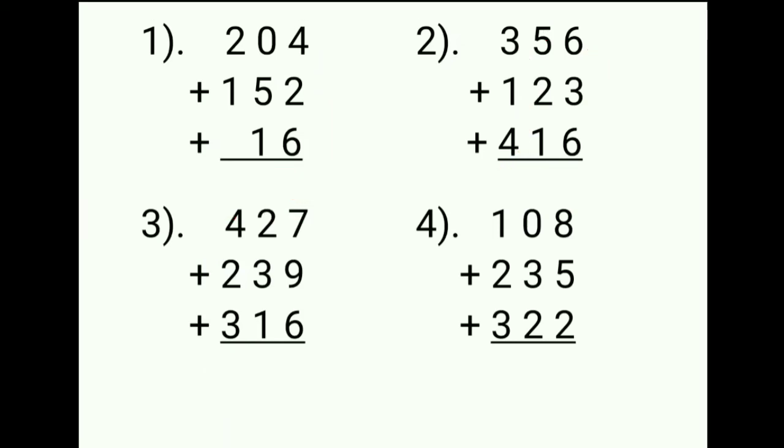Now our fourth sum. 8 plus 5 is equal to 13. Right? Now put that 13 and fix it in your mind. Then 13 plus 2 is equal to 15. Now we will put the digit which comes in ones down and 1 carry. Okay. Now 1 plus 3 is equal to 4 and 4 plus 2 is equal to 6. Then comes the hundreds place. 1 plus 2 is equal to 3 and 3 plus 3 is equal to 6. So our answer is 665.